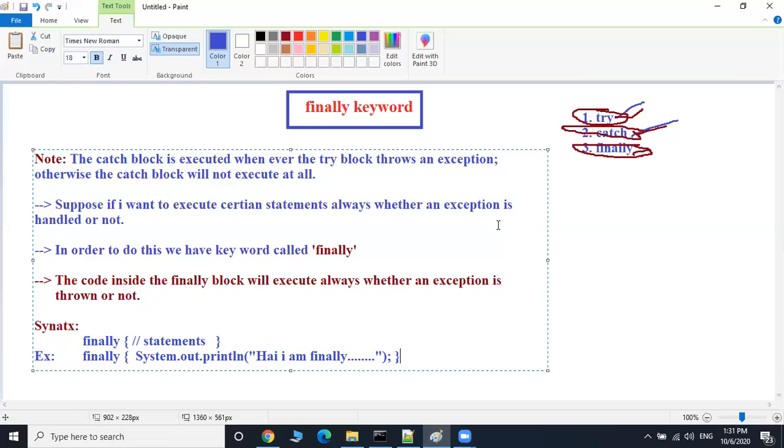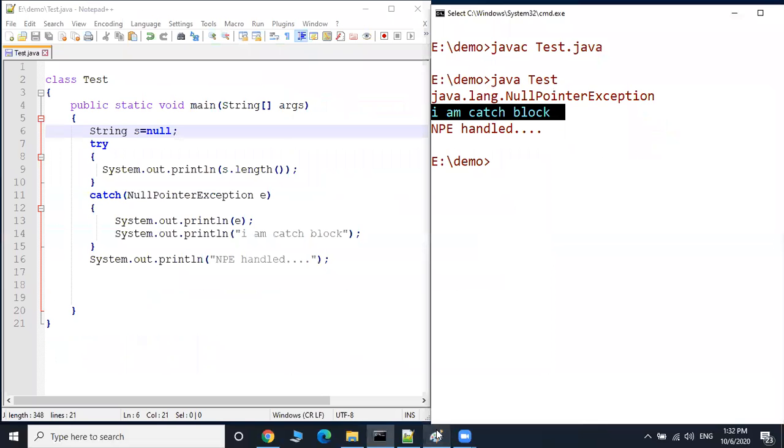Then we'll see one example that illustrates the use of the finally block.